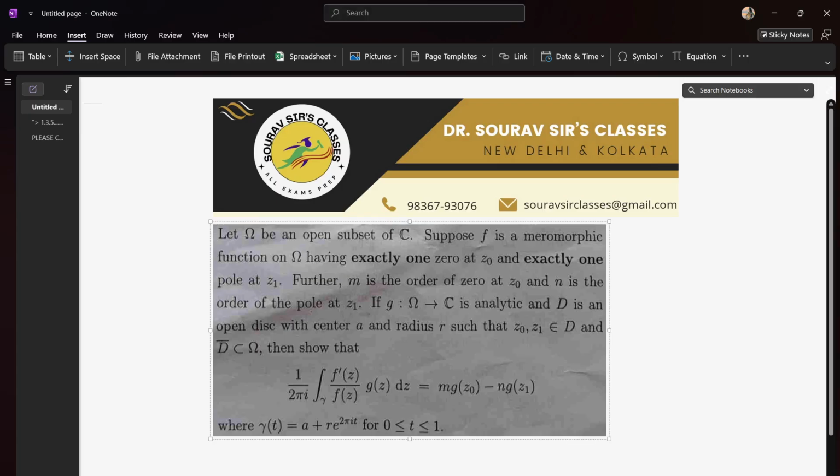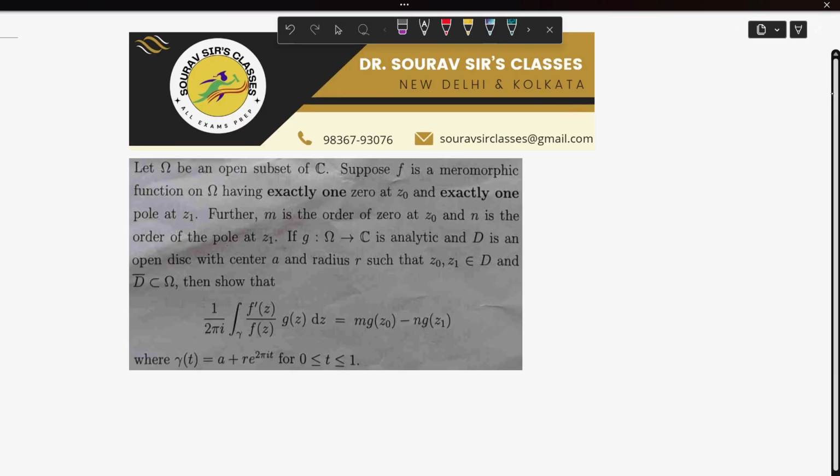Hello, we are doing some questions on meromorphic functions in complex analysis. Okay, so now let us see what the question says. Let omega be an open subset of C. Suppose f is a meromorphic function on omega having exactly one zero at z0 and exactly one